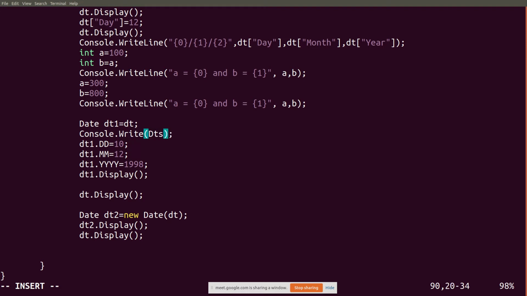We are first displaying dt1. Then you are displaying dt.